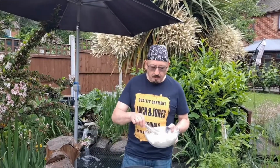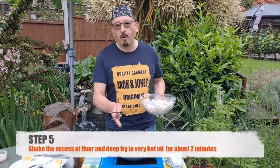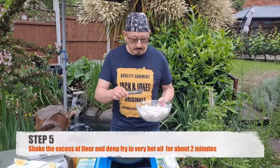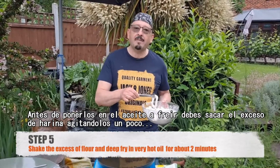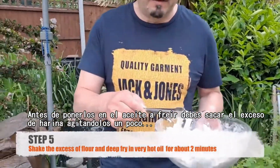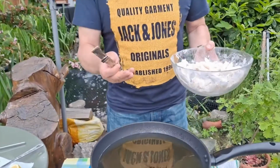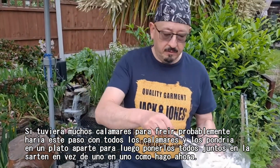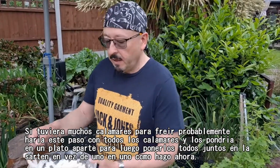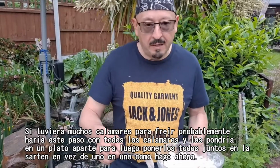Right, so we've got the calamari, we've got very hot oil in here, and just before you put them in, what you need to do is shake them a bit so you get the excess flour out of the calamari. Just shake it a bit and then in it goes. If I have loads of calamari, then I might take the flour, put them on a different plate, and then from there to the pan. But there are not many, so